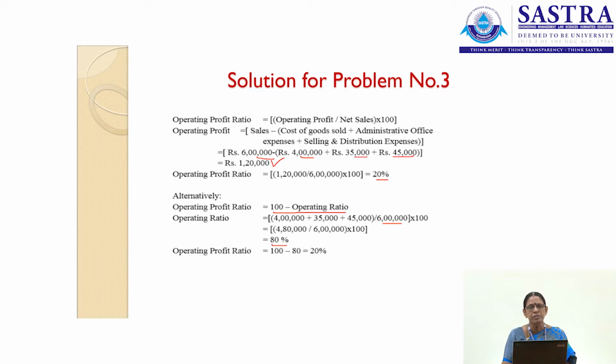So, the first preference is given to the preference shareholders regarding the dividend payments. So, PAT minus your preference dividend, that will be the earnings available for equity shareholders alone. This amount available for equity shareholders will be divided by your number of equity shares outstanding in the company, that will give you the earnings per share. So, this is the amount available for the equity shareholders who are said to be the real owners of the enterprise.